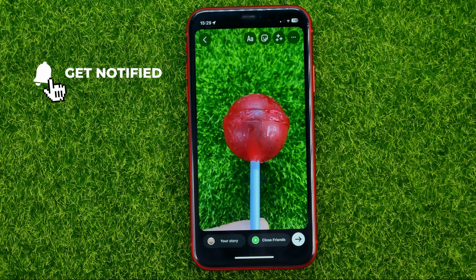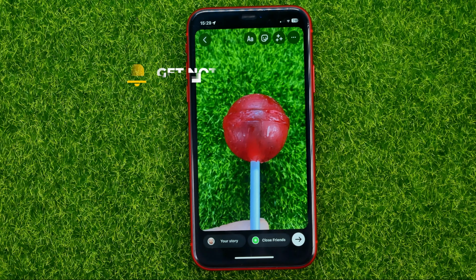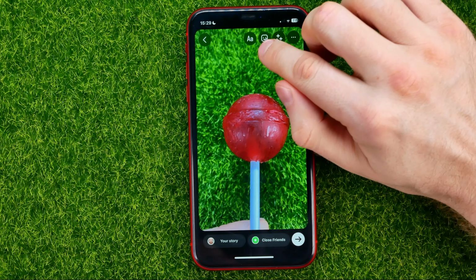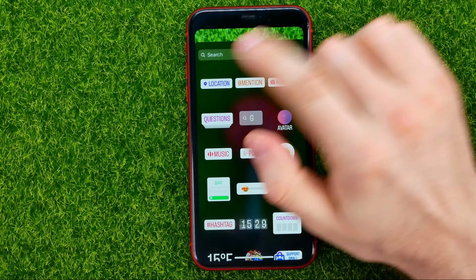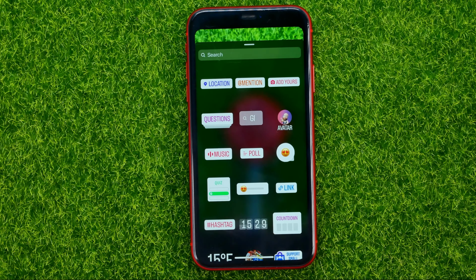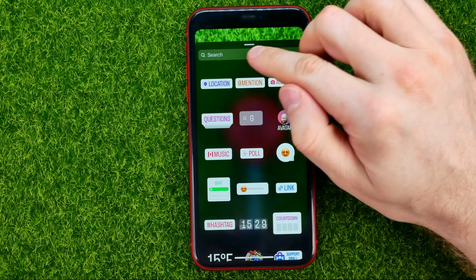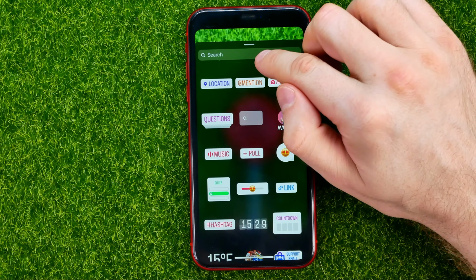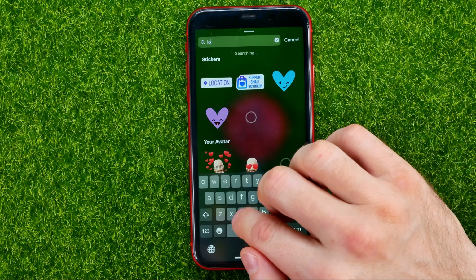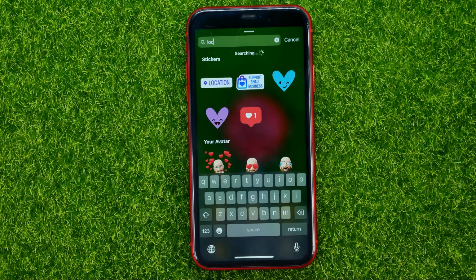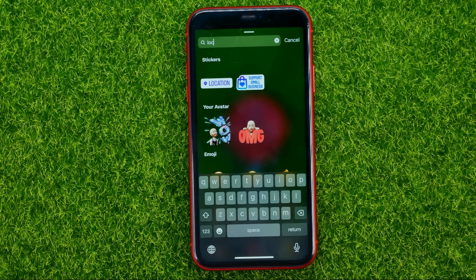that story. You can add the location of some place where you are currently in, or at some other place. All you have to do is just tap at that sticker icon and then select the location sticker. If you can't find it right here, you can always use search. Just hit the search box and search for location in that way, and after that you will be able